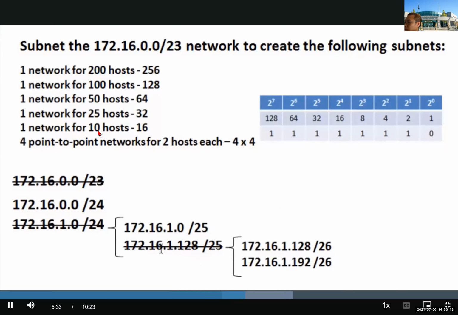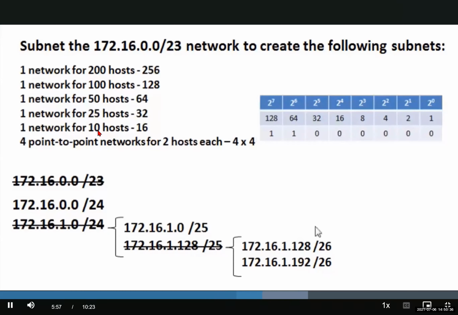So now there's no longer a 128 subnet, there's 2 subnets in its place, a 128 subnet and a 192 subnet. Both of these subnets have a /26 subnet mask. If I was to write this subnet mask in the binary conversion table here, we would see that